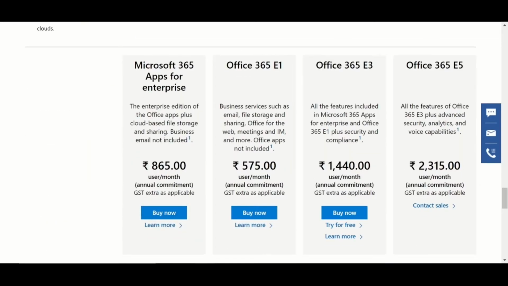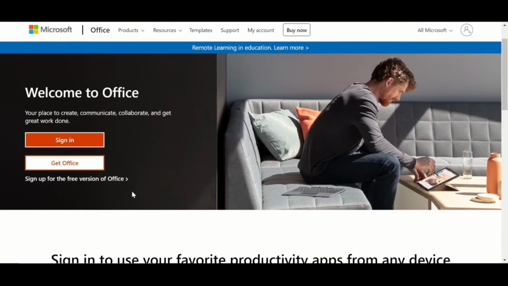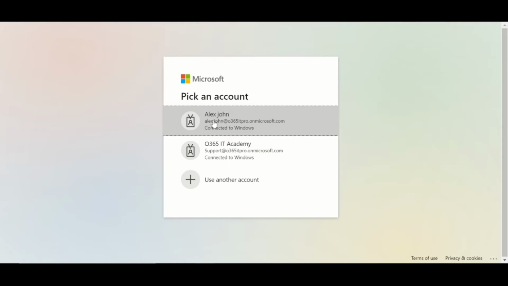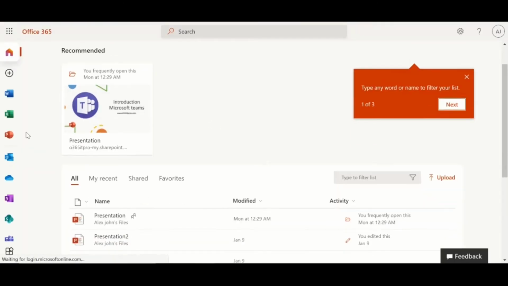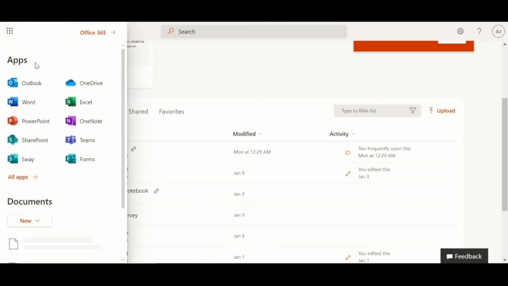and many more features. So if you have a Microsoft 365 business account, you can go to the Microsoft 365 website, which is at office.com. Then you can click sign in and sign in with your account. In this case, I already have a business account and I used that account to sign in. So now you're signed into your 365 account. On the left hand side, you can see many buttons. You can see many applications like OneDrive, Outlook, PowerPoint, Excel, Word, SharePoint, Forms, and many more.